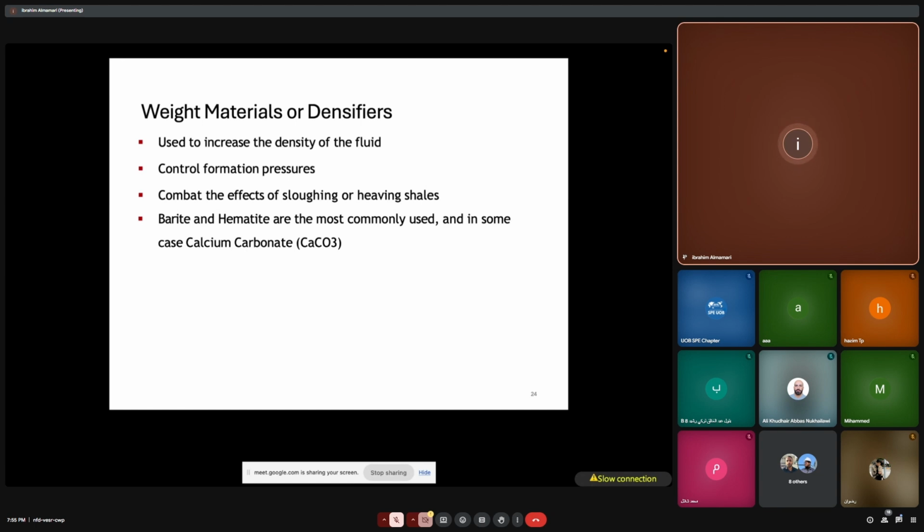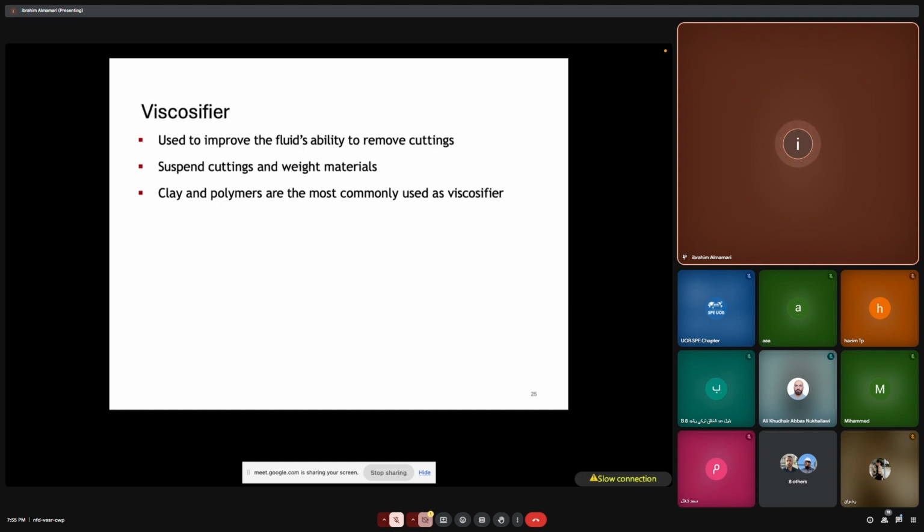Just more, I'll tell you something more. In the reservoir, we only use calcium carbonate because it's soluble. When you use acid, it will be soluble, but barite will not be soluble, but it has a higher specific gravity. Viscosifiers are to remove cuttings, and